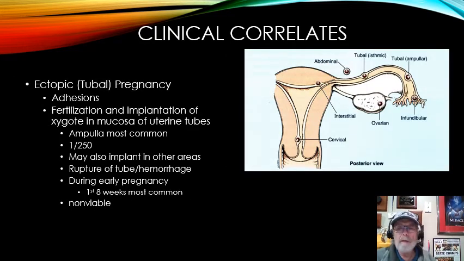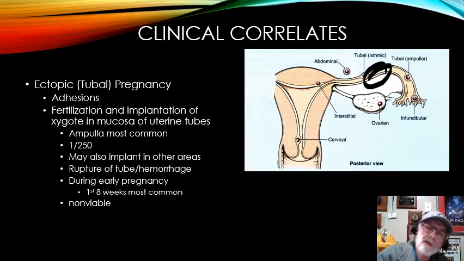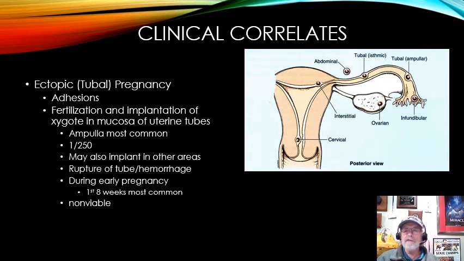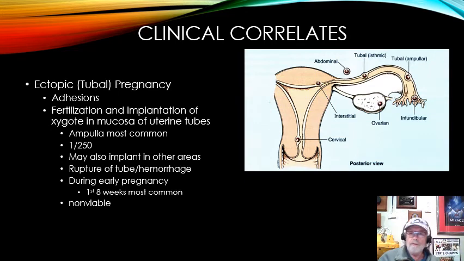We'll talk briefly about pregnancy in a couple minutes at the end of this video. What happens is most fertilization occurs in the fallopian tube. When fertilization occurs in the fallopian tubes, inside the fallopian tube are small little things called cilia. Remember cilia, like in the respiratory tree? These cilia will carry the ovum down the fallopian tube. But sometimes it doesn't happen that way.